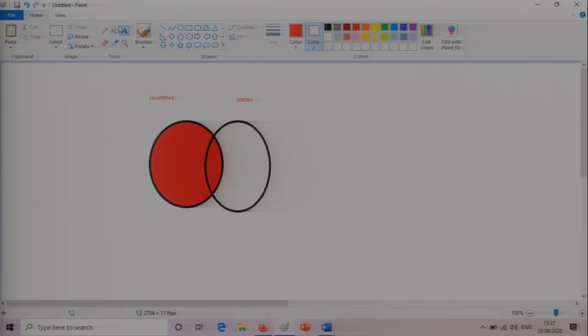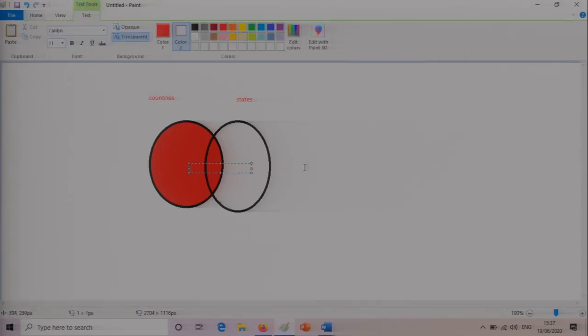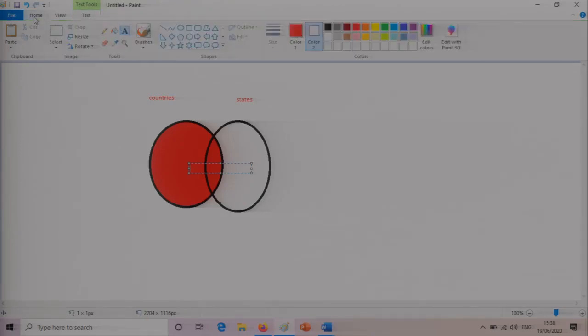I'll just repaint it. That's not what I want. Okay, let's go to home. I'm going to choose this and maybe white color.